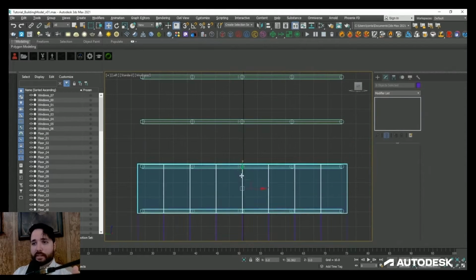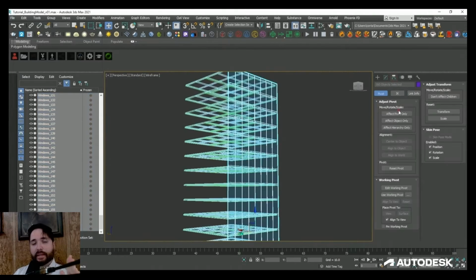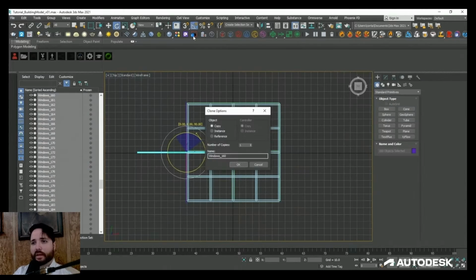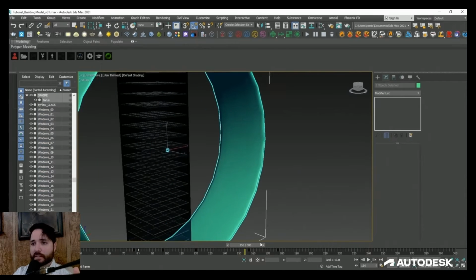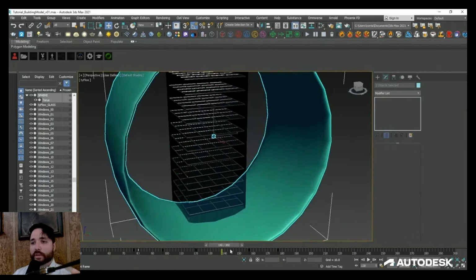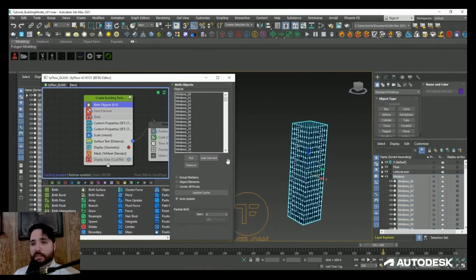Once I had one side completed, I simply duplicated the window walls across each side of the building, and that's how I was able to create all the pieces I needed for the TyFlow sim. So once I was done, in order to create the ripple effect, I used a torus object. And I animated the radius of the model to grow once it collides with the building using a birth objects operator.